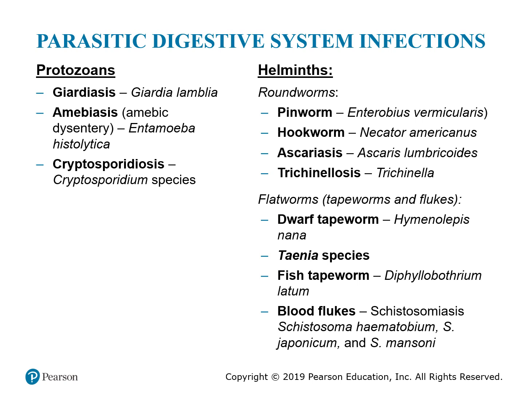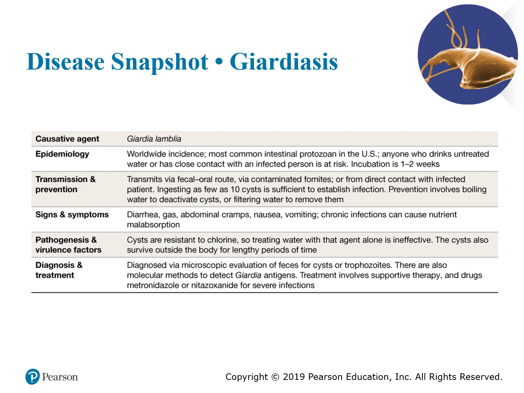Parasitic infections will include the protozoans and the roundworms and flatworms. So we've got several of those that we will take a look at. Giardia